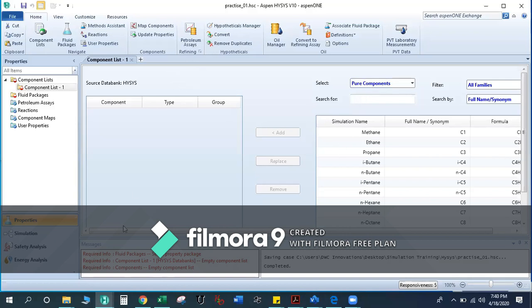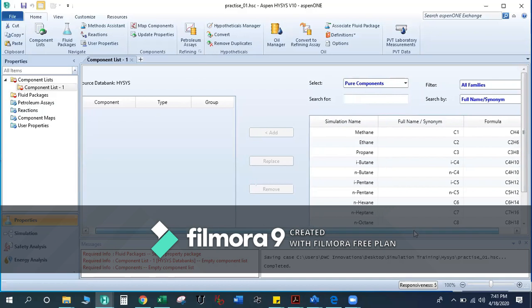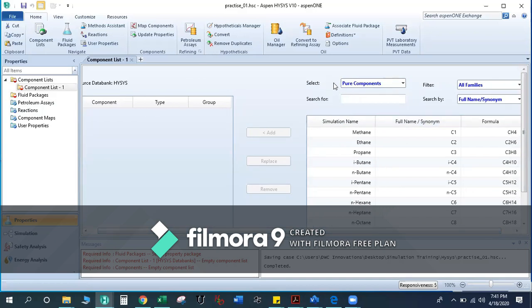Once you have clicked the component list, this kind of thing will appear in front of you. Here you can see select, that is pure component. The next is the filter, all families, search for, and search by. Here there are three options: pure components, hypothetical components, and hypothetical solids.